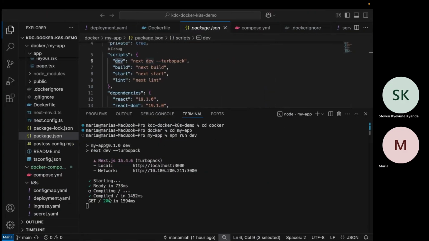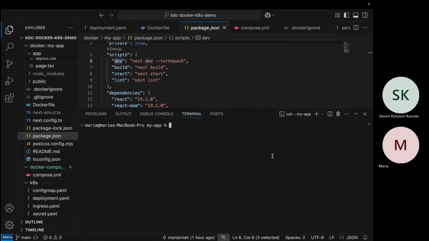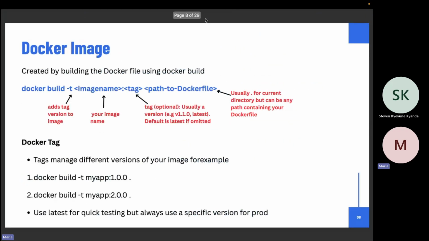So let's try to Dockerize this application. The first step after having the file is to run docker build. We are trying to make an image.